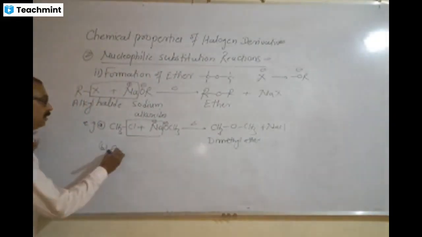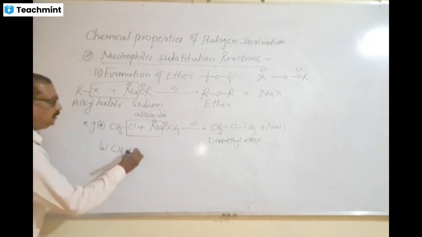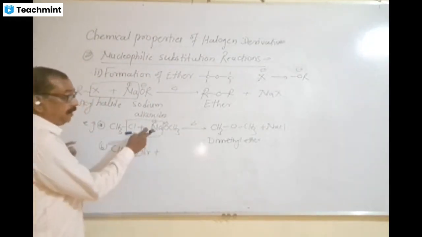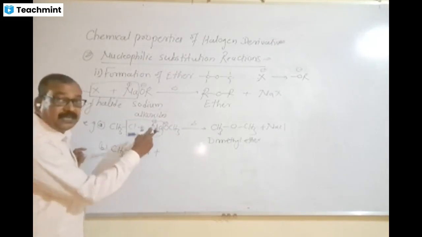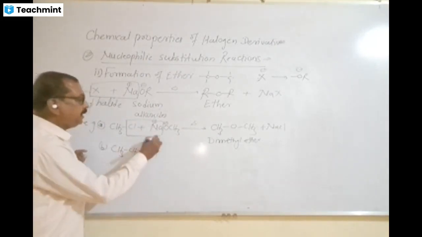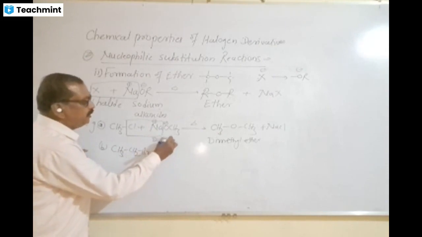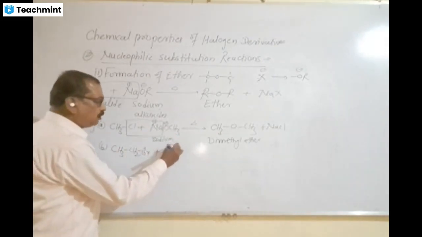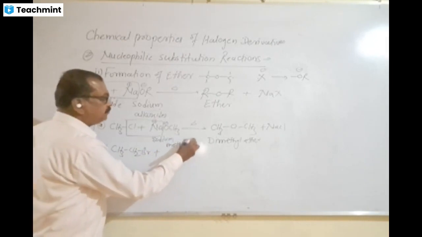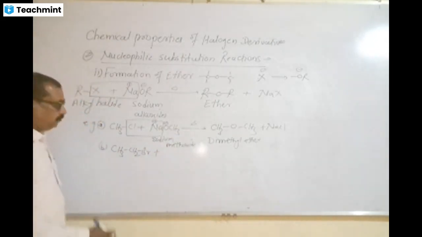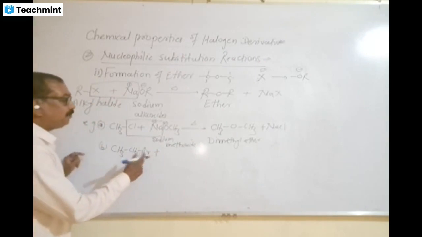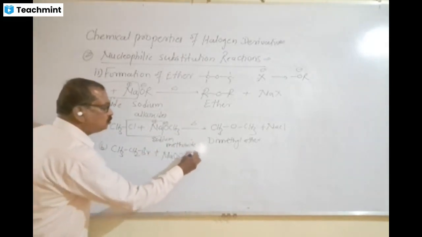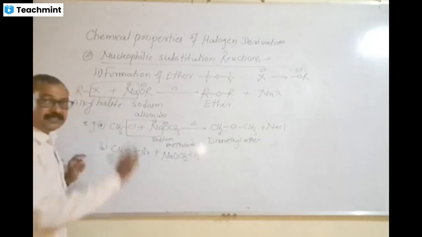One more example. CH3CH2Br. Now look at the name of the reagent used here. Here sodium is present, therefore sodium, and here a methyl group is attached to oxygen, therefore methoxide: sodium methoxide. Here CH3CH2Br is treated with NaOCH2CH3. Name of this reagent: